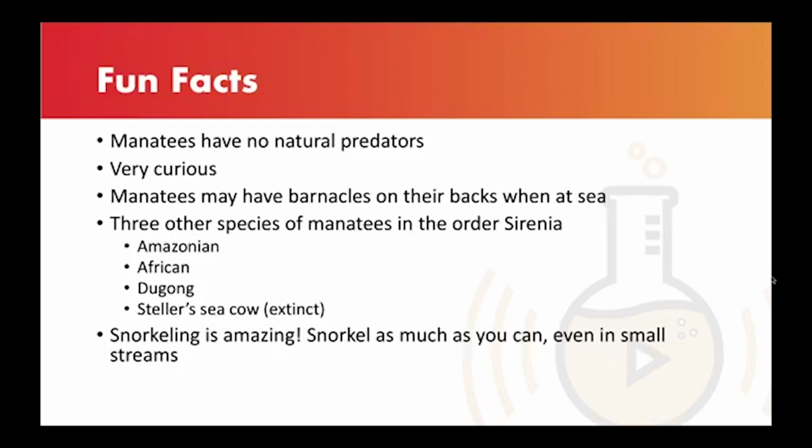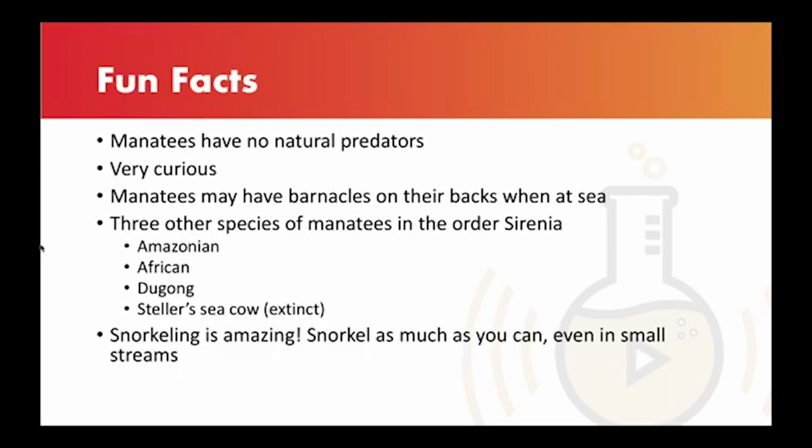They're very curious, and they want to interact with you, but they do get spooked when there's a lot of people in the water at once. So earlier on in the season, you'll probably have more close manatee interactions when they come into the springs in November, December. But when more and more people start getting to the springs in January and February, they start being done with people. So they're very curious.